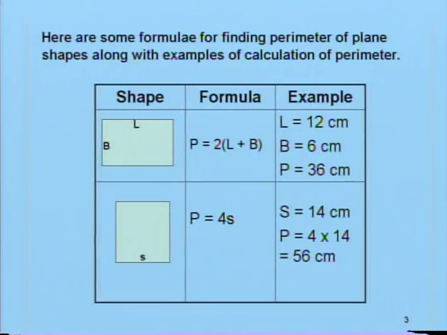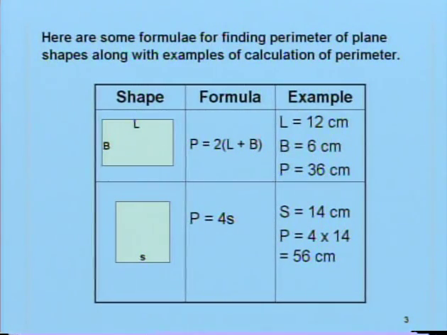The next shape in the first column, you can recognize that it is a square. In a square, all the sides are equal and all the angles are right angles. So if one side is given as S, it is understood that each of the other sides has a length S. So there will be 4 S's going around. So the perimeter of a square, which is given as P is equal to 4S,